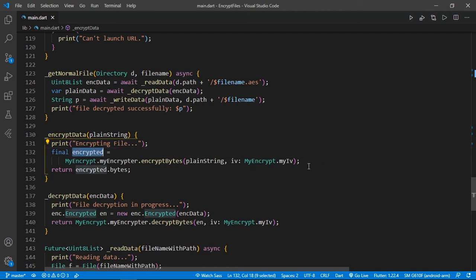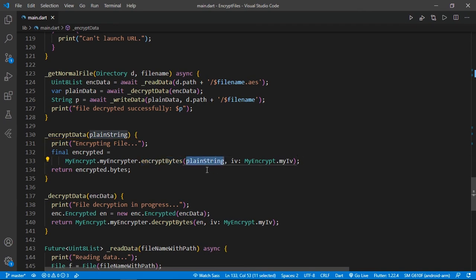Now all of this is simple; we did it in our previous three videos on AES encryption. So what we are going to do is encrypt our file. I have created one class which stores our encryptor. So I'm going to use my encryptor.encryptBytes, so we are going to encrypt our data in byte format.